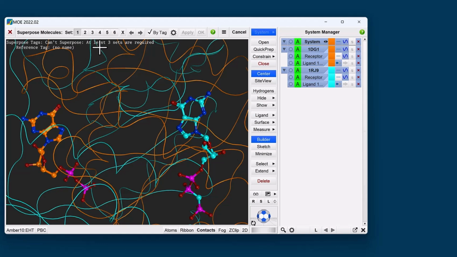Mo is prompting us to select at least 3 sets for the superposition, and you'll notice that the mouse cursor has changed to crosshairs to specify our atom correspondence. By default, the by tag option is enabled, meaning that the receptor is going to move along with the ligand during the superposition. This allows for entire protein-ligand complexes to be superposed based on a selected subset of atoms from